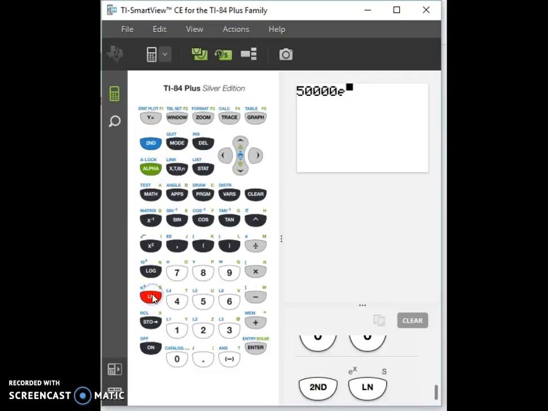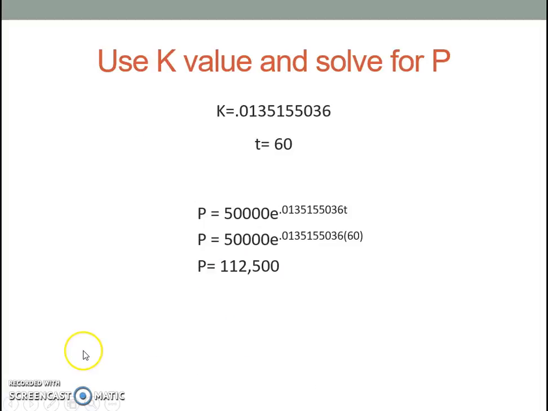Second, e to the 0.01351555036, in parentheses, multiply that by 60, which is our time, close parentheses, and you will get, so now that we solved for this value using our calculator, an answer of 112,500 as our population